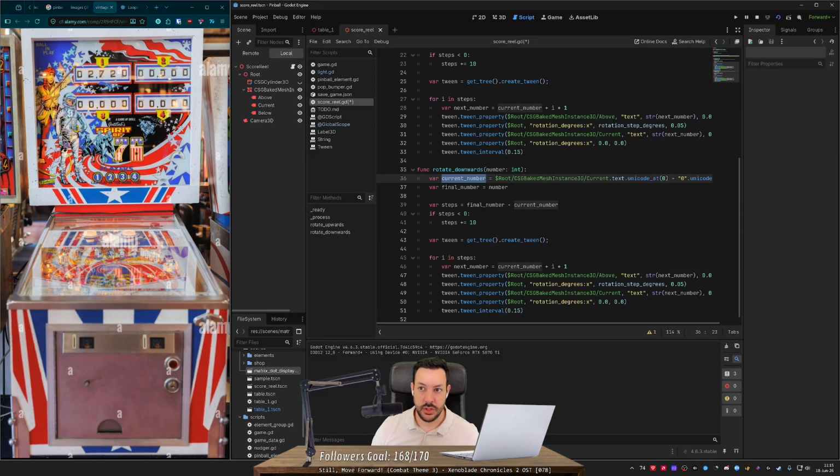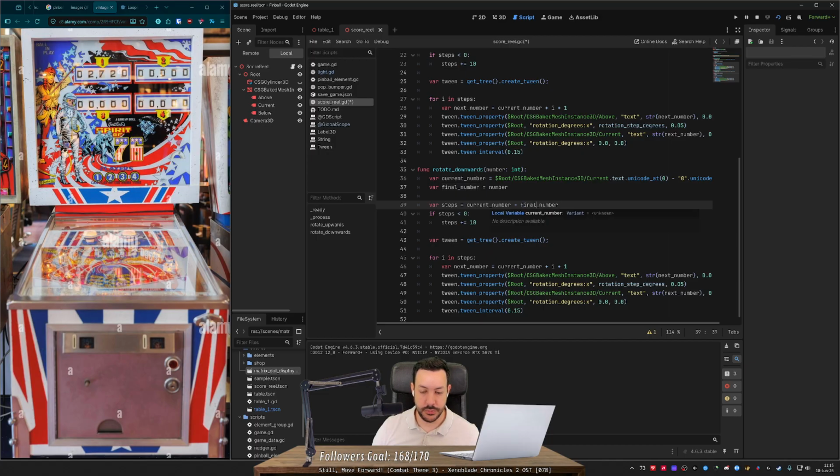Okay, hold on, no. If our current number is a 3, and we need to rotate to a 1, then it's 3 minus 1. So here it's current minus final. Current minus final. So if your current number is a 3 and the final is a 1, 3 minus 1